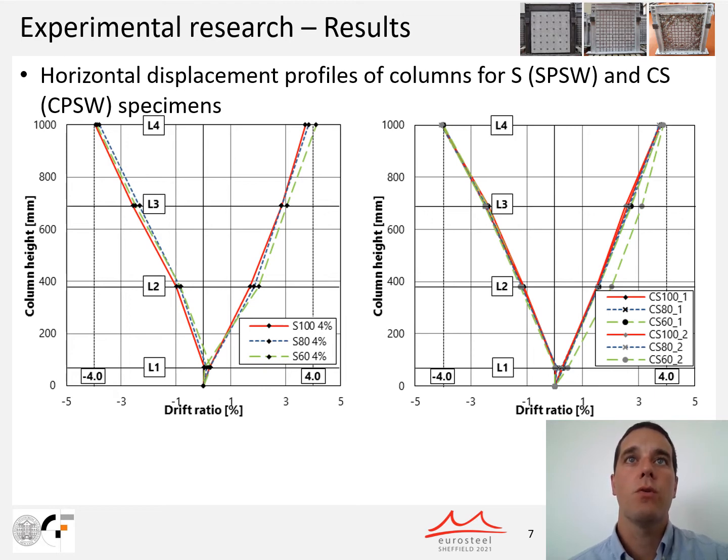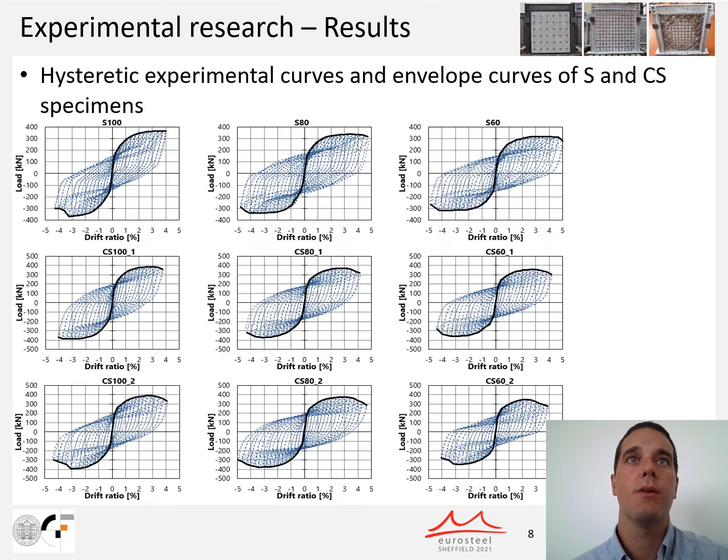Also, there is almost no difference of the column pull-in deformation within the same specimen group, regardless of the used column cross-sections. In the first place, this indicates that the requirement for composite plate shear walls can be somewhat alleviated, but also, as all specimens show stable behavior up to 4% drift ratio, that the prescribed minimum column second moment of area value might be completely unnecessary.